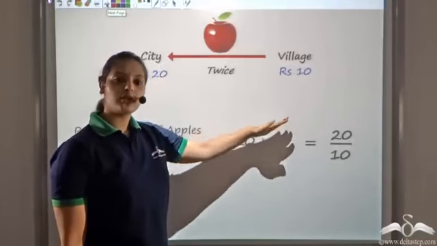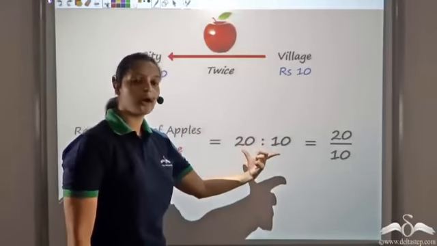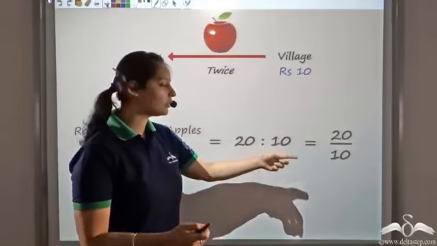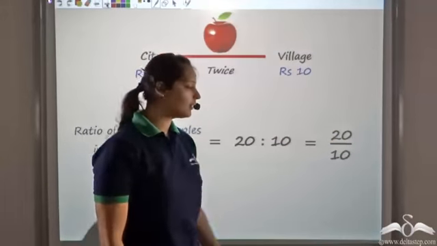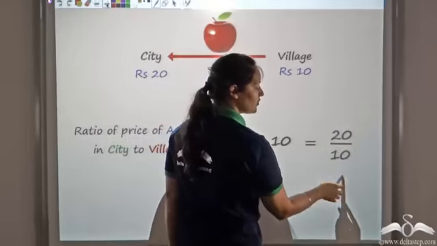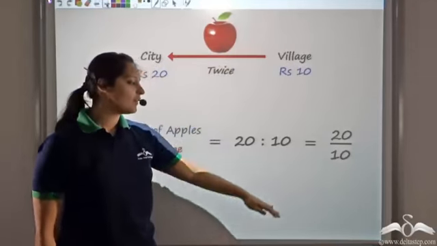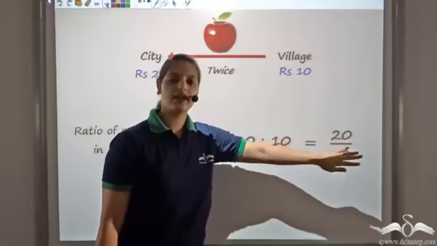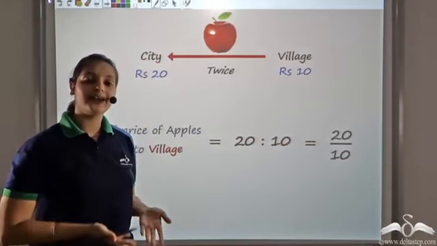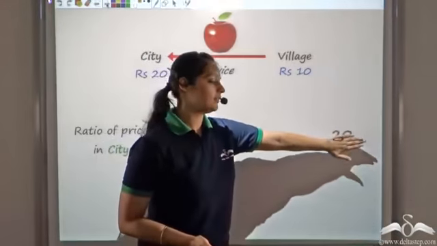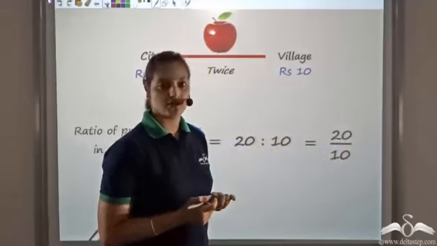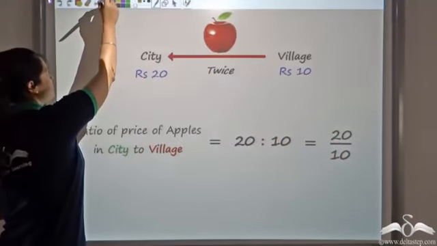Now this ratio, we know, can be expressed as division, because we got a ratio from division only. So this is 20/10. Now if you observe, this division is nothing but a fraction. When we already had fractions, why did we introduce ratio at all? Why did we need ratio when we had fractions to represent division? Let us look at this now.